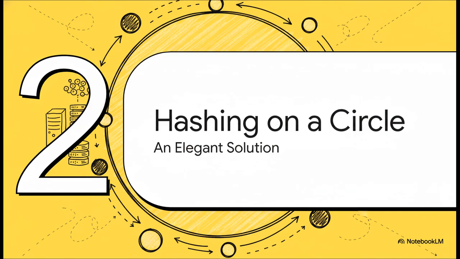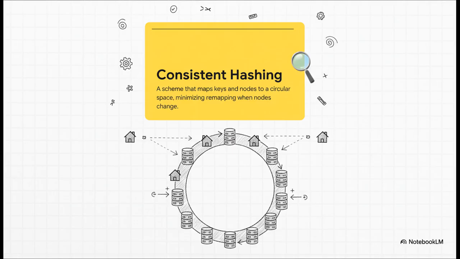So, how in the world do we get from that chaos to this calm, stable system? Well, the solution is actually really elegant. It's all about getting rid of that straight line of numbers and starting to think in a circle. So here's the core concept. With consistent hashing, we take everything, our servers, our data keys, all of it, and we use a hash function to place them on the edge of the same imaginary circle. And the whole point, the absolute key takeaway, is that by setting things up this way, whenever we add or remove a server, the amount of data we have to move is tiny, just minimal destruction.